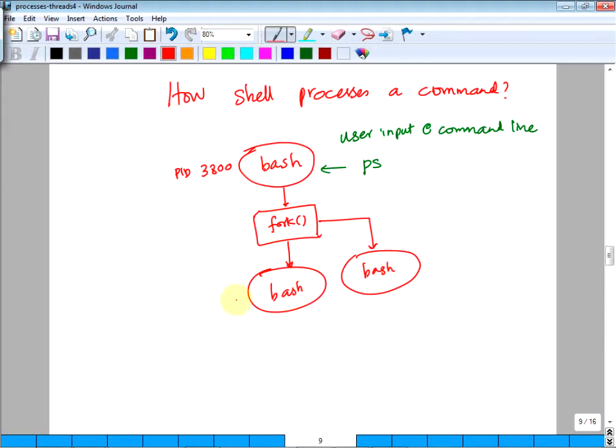This is the original one, PID 3800. Maybe I shouldn't even draw it. This one is whatever the new task ID, new PID, something like 3818, let's say.